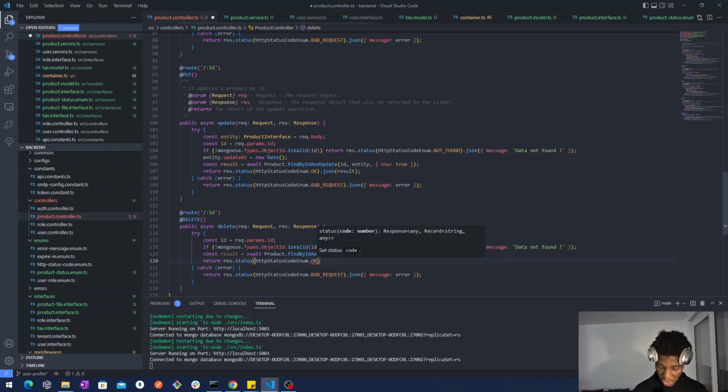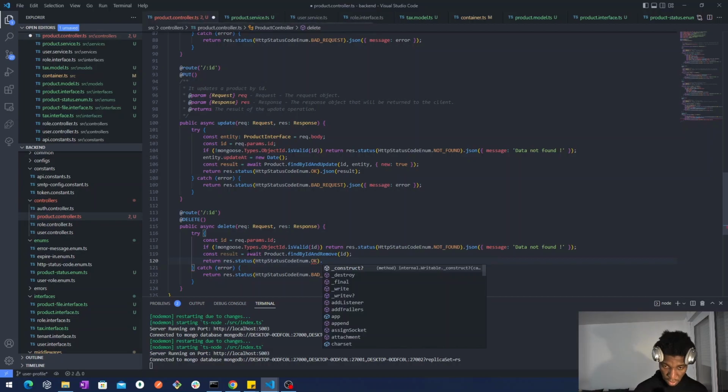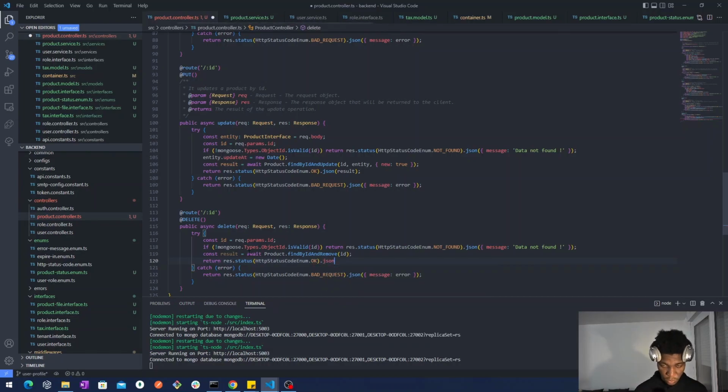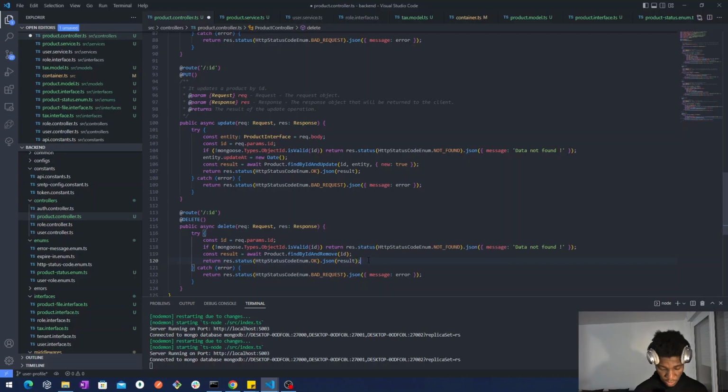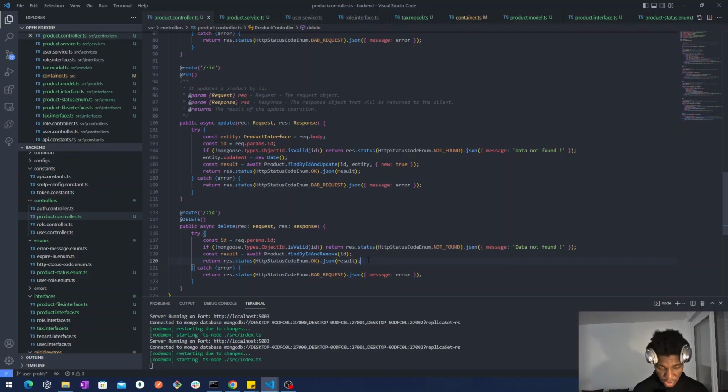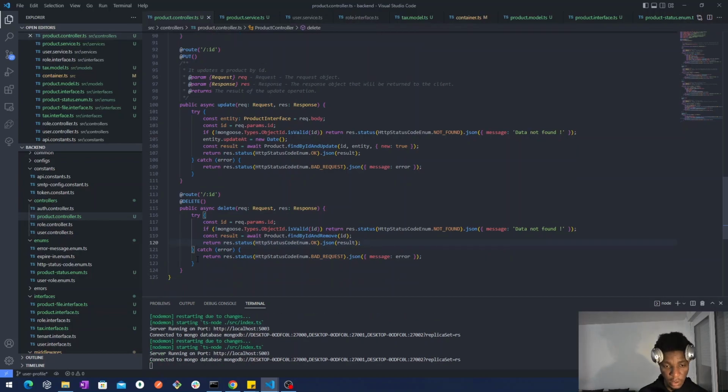Maybe I will need the ID inside the front end. So say okay, the result. I will say no content. No, not no content, because we are explicitly sending content. We set up an OK status code. So that's it. Right now, let's generate a comment, and